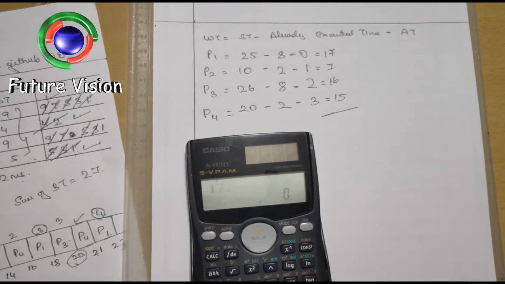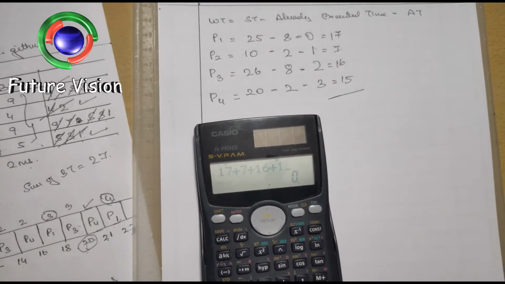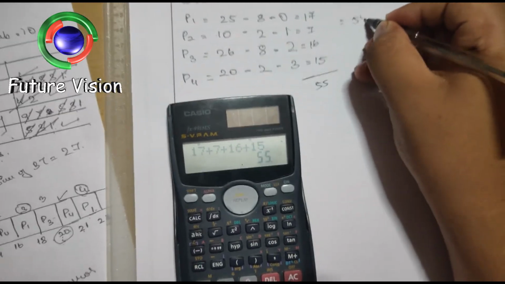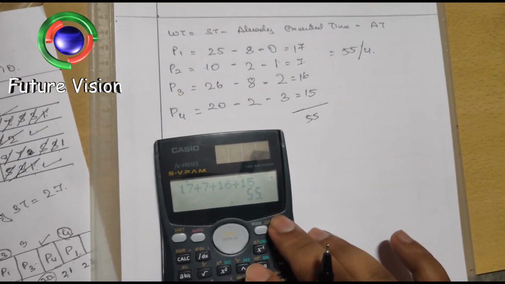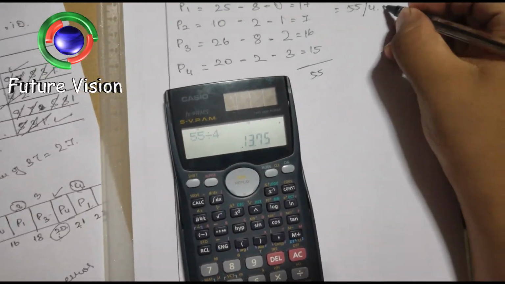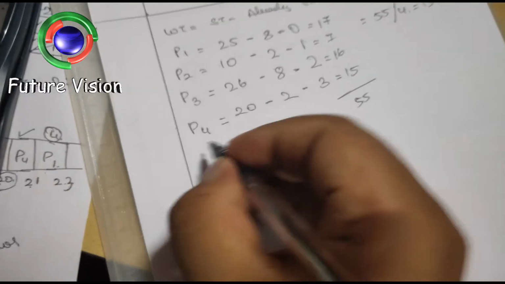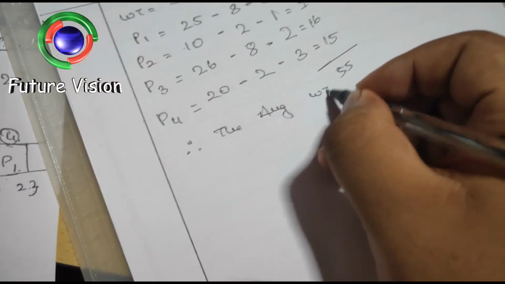So 17 plus 7 plus 16 plus 15 is 55, so it's 55 by 4, right? 55 by 4 is 13.75 milliseconds. Always write it down. The average waiting time is